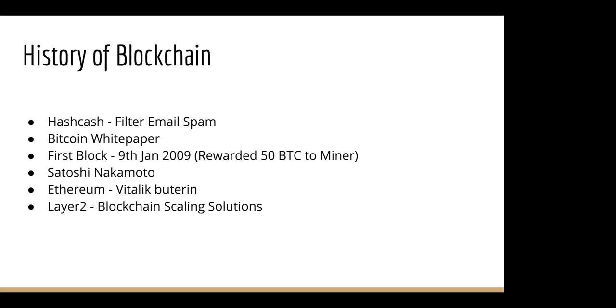But again, it has its own shortcomings. To overcome these, other blockchain scaling solutions started coming. And right now, there are scaling solutions which we call layer twos. Some are called rollups, and their main purpose is to scale Ethereum, where you can do a lot of transactions on these layer 2 blockchains, where the cost is very low, and the transaction processing speed is